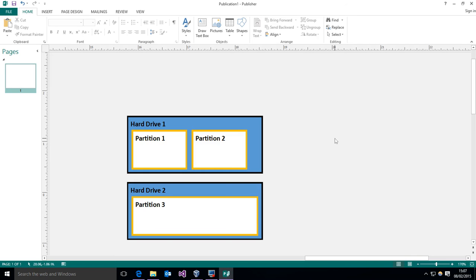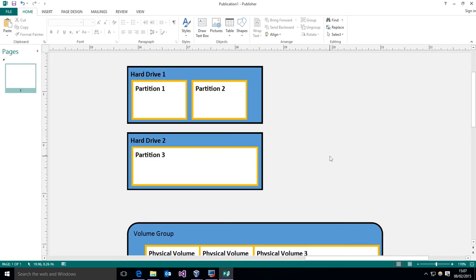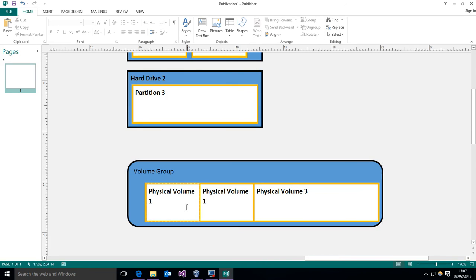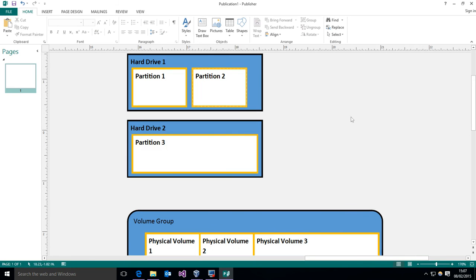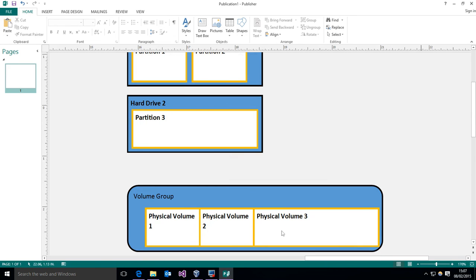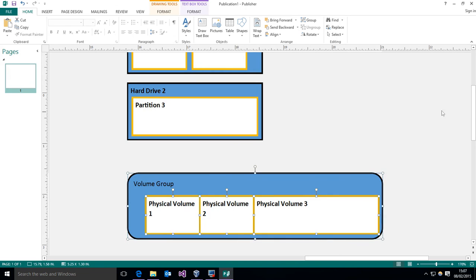Now, Logical Volume Manager has three types of volume, if you will. It has physical volumes, which are, as you would expect, the physical level. And then it has volume groups, which are comprised of physical volumes. And then it has logical volumes, which are divisions inside of your volume group. So if we scroll down, using LVM, we can define a volume group, which is comprised of physical volumes here. And each one of these physical volumes maps to one of these partitions here. So volume 1 is partition 1, volume 2 is partition 2, and volume 3 is partition 3. However, you can see it's all brought together in one unit,